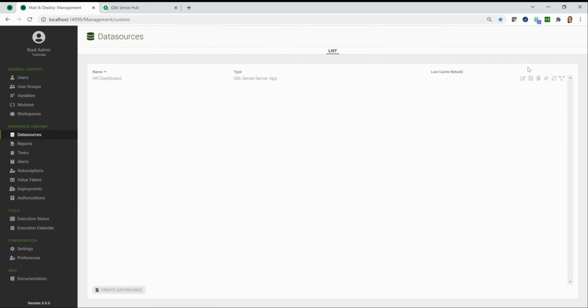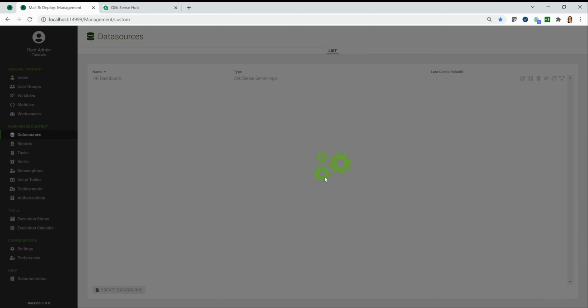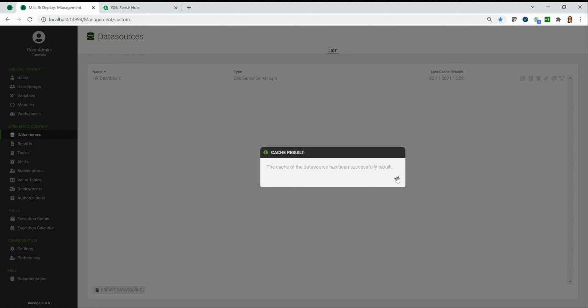And now we press the refresh button to rebuild a cache. And as soon as it is finished, we get the information that the cache is successfully rebuilt. And that's it. We have connected our Qlik Sense Server data source and can now begin to create our reports